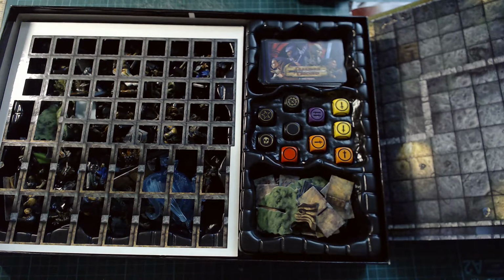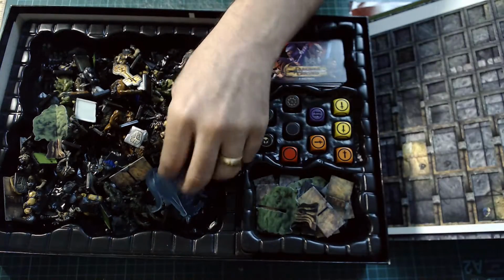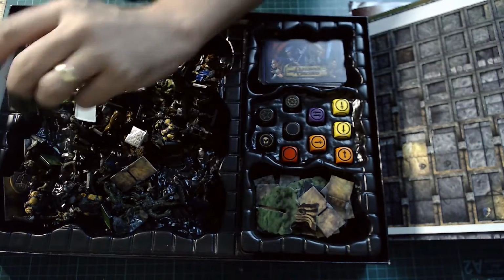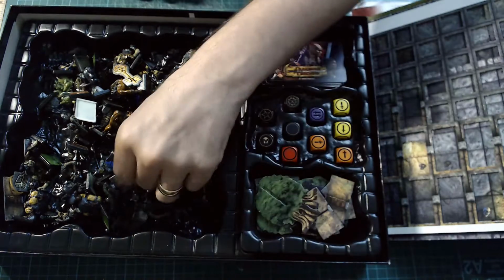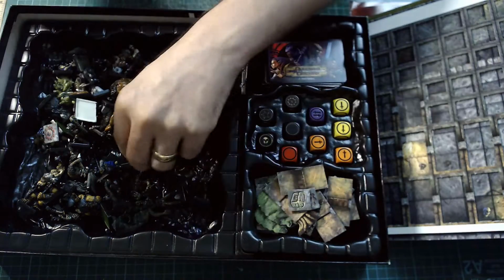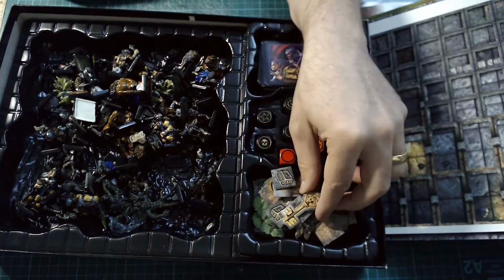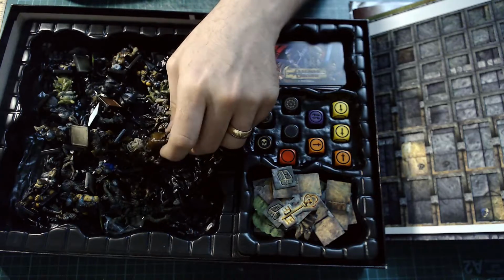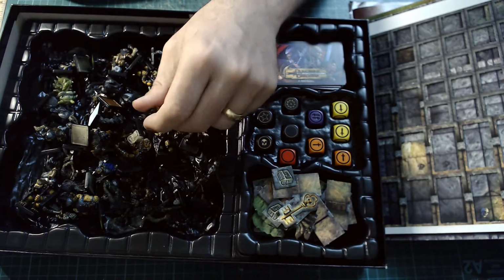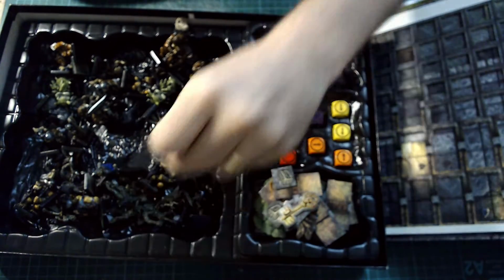Now, I think this may have some bits in from the expansion, so we'll ignore him, such as this dragon, which does not belong in here for now. So we're just going to get rid of him for now, and I'll do the same. If I see anything from the expansion, I'll quickly remove it. Yeah, I've got some bits and pieces here. Things like this as well, that's obviously fallen out from here. So this would be an item you pick up. It's a key. But in here are the models. What I will do is fix the zoom so we can see, shall we? Okay, and what I've tried to do is hopefully remove all the